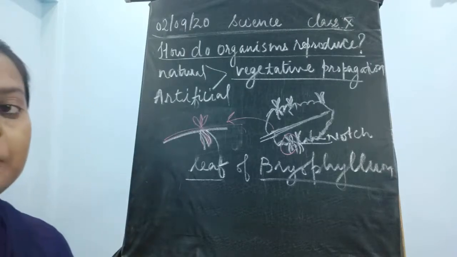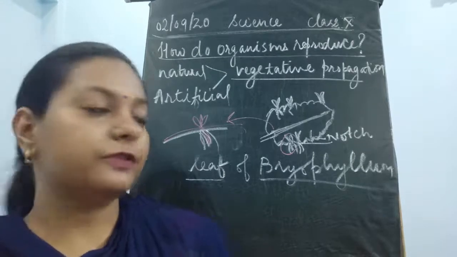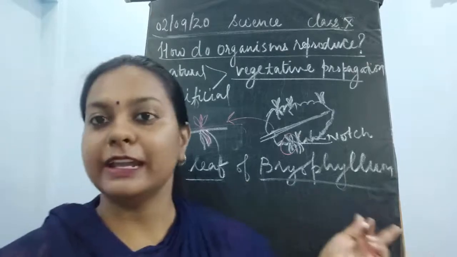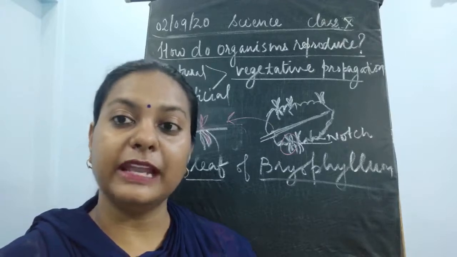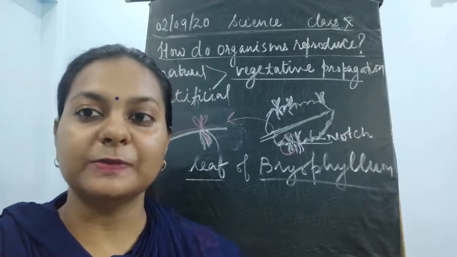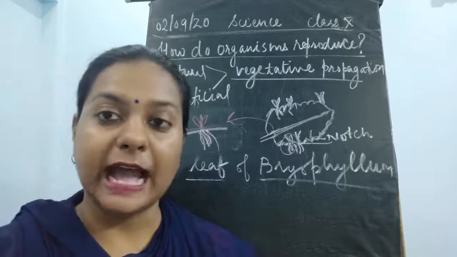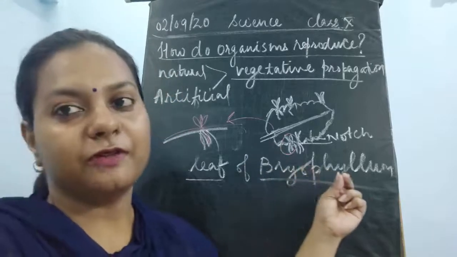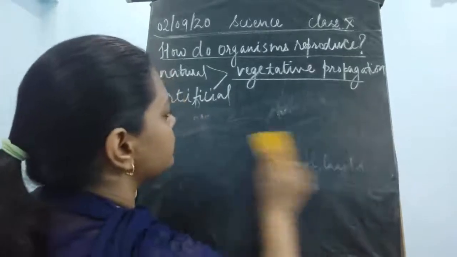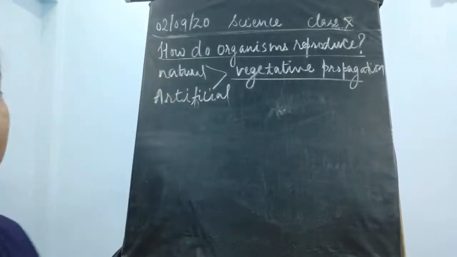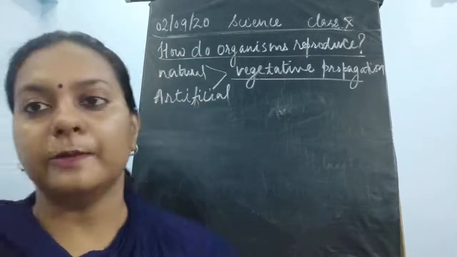And this plantlet, if it is planted in the soil, can again develop into a new beautiful plant of this bryophyllum. So I must say that the name given to this plant is very appropriate, very apt, because of its nature of generating plants. Okay, so this was about the natural vegetative propagation in the leaves of bryophyllum, children, which is natural vegetative propagation with the help of the leaves.